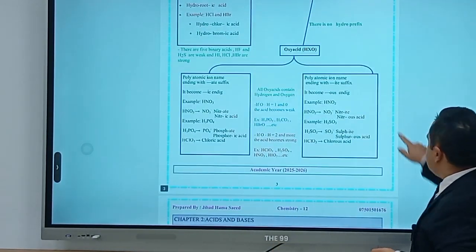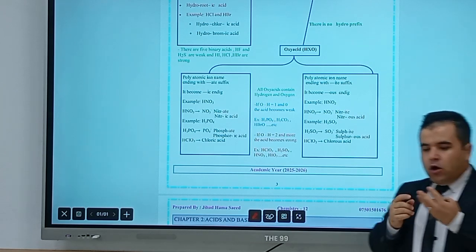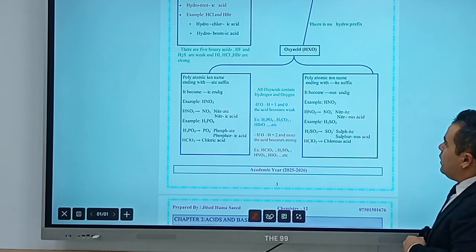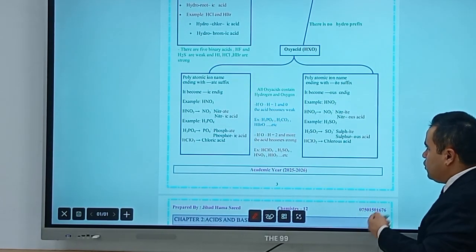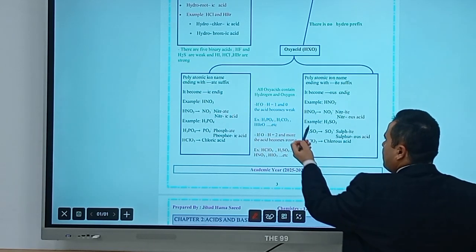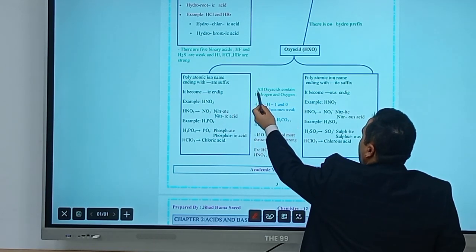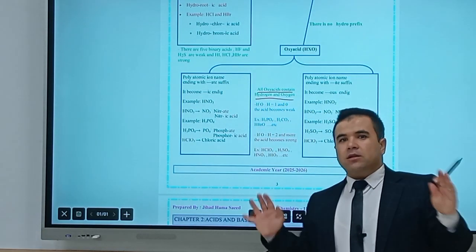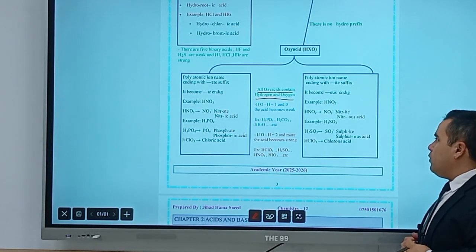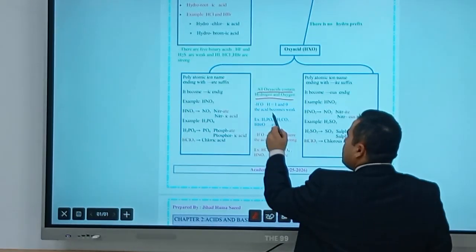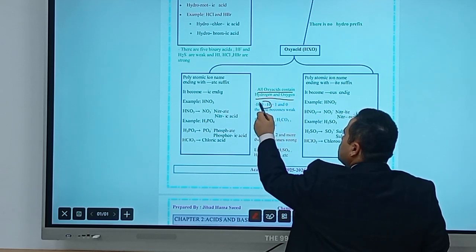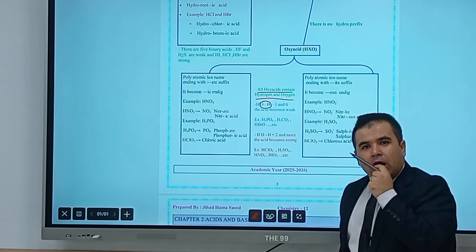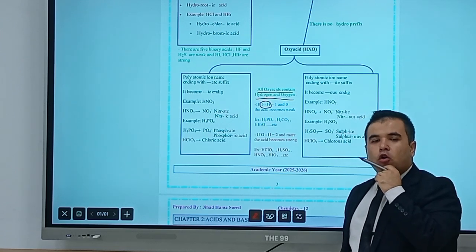Let us talk about the oxyacids, guys. Oxyacids are those acids which consist of 3 elements: hydrogen, oxygen, and usually one of the nonmetals. We have 2 types of oxyacids, but generally we have some properties. All oxyacids contain hydrogen and oxygen with the addition of a nonmetal. If we take the difference between oxygen and hydrogen, meaning the number of oxygens minus the number of hydrogens,